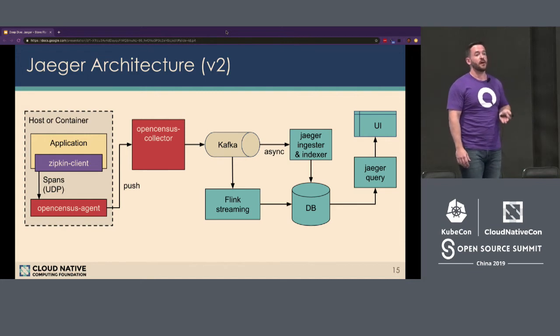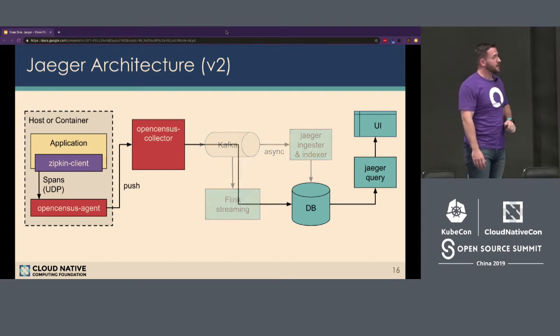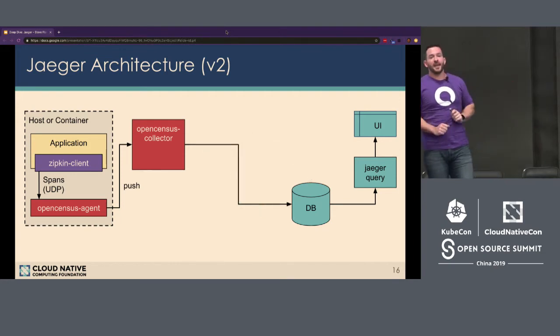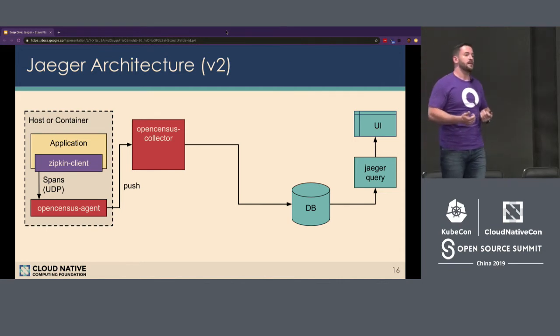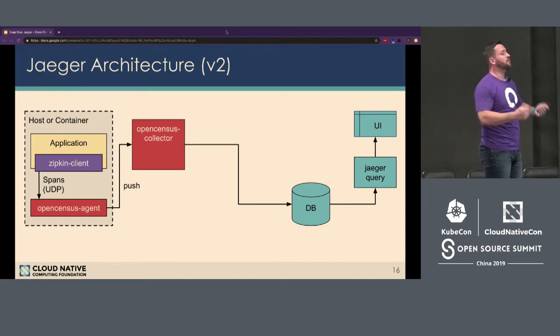The advantages of this are clearly flexibility, but from a collection standpoint, the agent and the collector, I could now send to Jaeger and Zipkin at the same time. I could send to Jaeger and Omnition, let's say, for example, at the same time. So there's flexibility if you leverage different components, but that's not a requirement. You could also skip the analytics engine if you really wanted to. If you didn't need the service level indicators or the dependency graph, if you just wanted raw traces and the ability to query over that, that's possible as well.